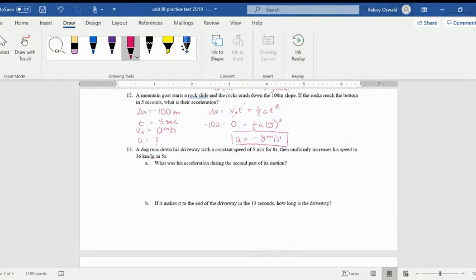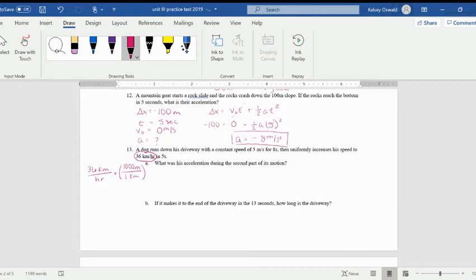So for this one, we have a dog that runs down his driveway with a constant speed of 5 meters per second for 8 seconds. He then uniformly increases his speed to 36 kilometers per hour in 5 seconds. So the first thing I'm going to want to do before I even look at my question is convert this 36 kilometers per hour. We know when we're doing these kinematic equations, we always want to work in meters and seconds. So I'm going to take 36 kilometers per hour and convert kilometers to meters, because I know 1 kilometer is 1,000 meters,